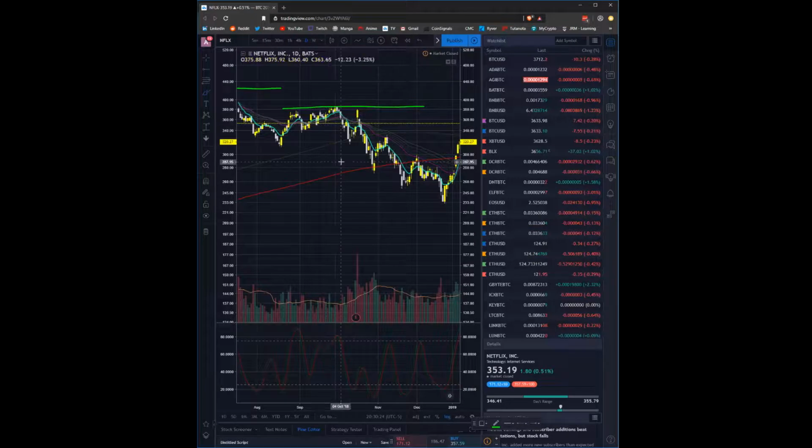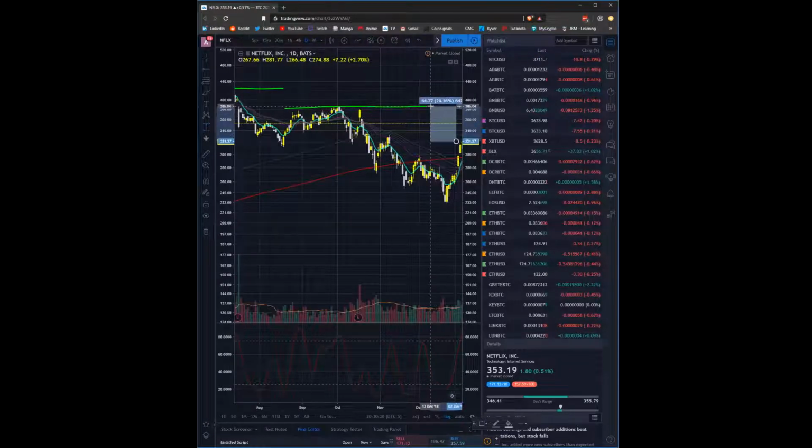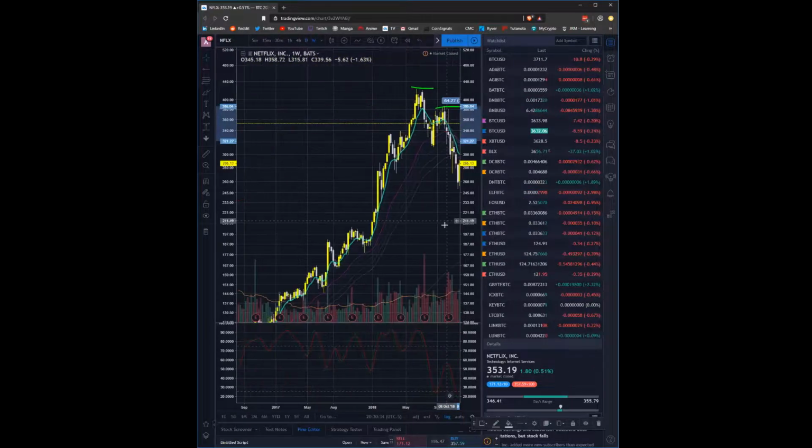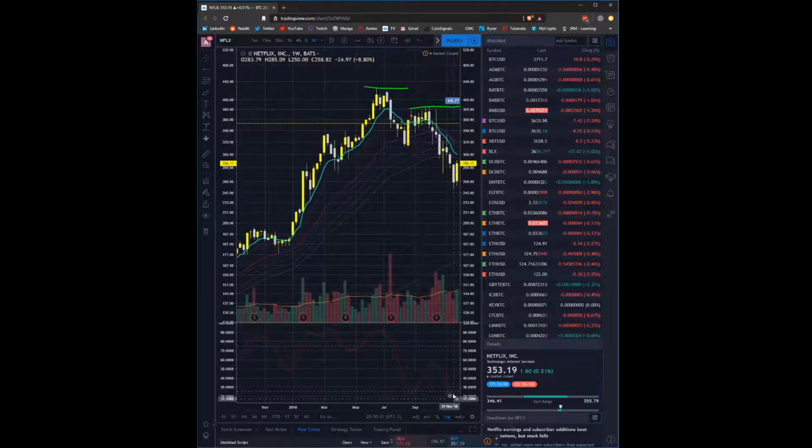But we also have to keep in mind, this might just keep rallying, right? We've got 20% until this major pivot. And on the weekly, we've got an engulfing setup plus cycle low.